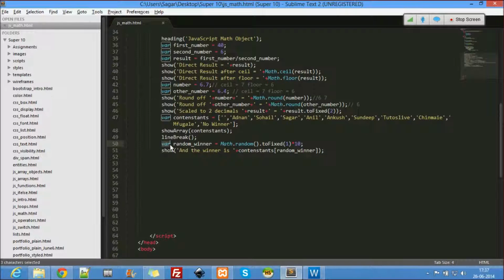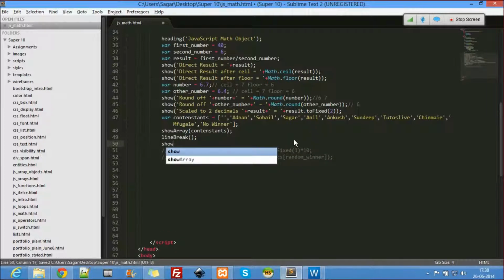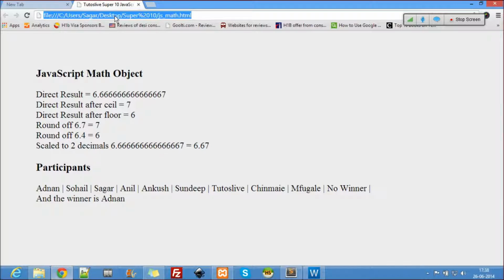So let me just comment these two out. Okay, so show Math.random. Let me just print random numbers first. You see that random number? Every time it's giving a random number between 0 and 1.